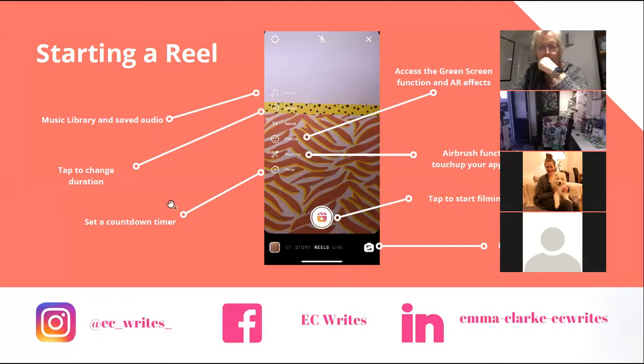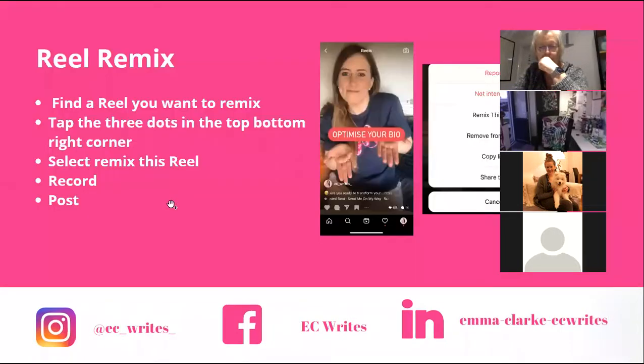Next, let's talk about one of the latest features. Reels recently, last month, released a feature called Reel Remix. This is where you are able to react to something that somebody else has posted. Not everybody will enable you to remix their reels. If you can't remix it, it means one of two things.